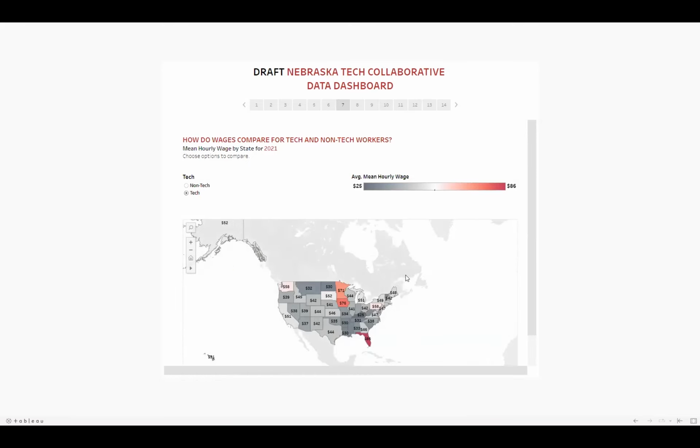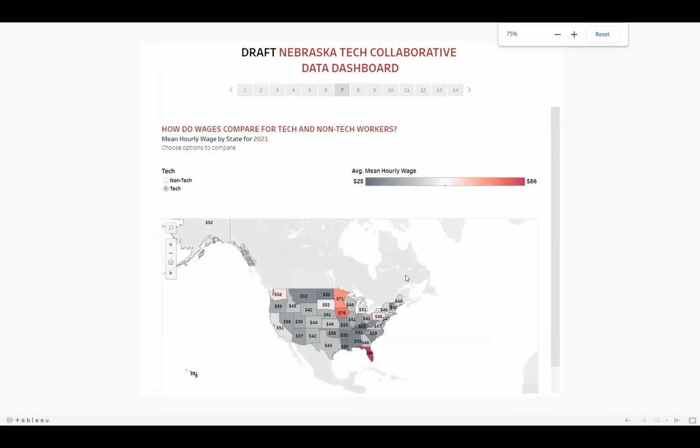And then this slide, our view, I think is going to be very interesting to people as we move forward, just to see where the salaries are. So when you look at all of our neighboring states, and I am not great with geography, admitted, but let's say it's Colorado, Iowa, South Dakota, North Dakota, Minnesota, Kansas. I think I got them all. That's crazy. So proud of me today. But anyway, in most of those states, the salary ranges are higher for tech workers. So that again, I hope it informs decisions about what we need to do as we're competing.